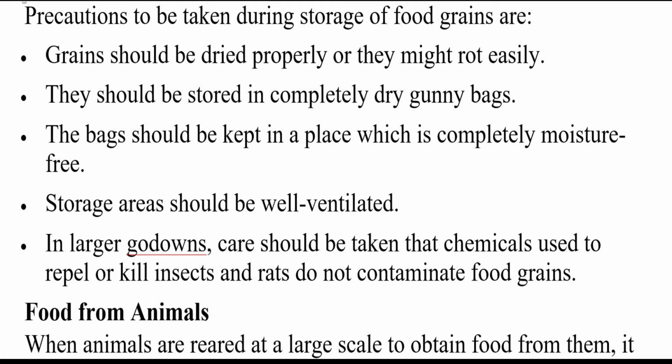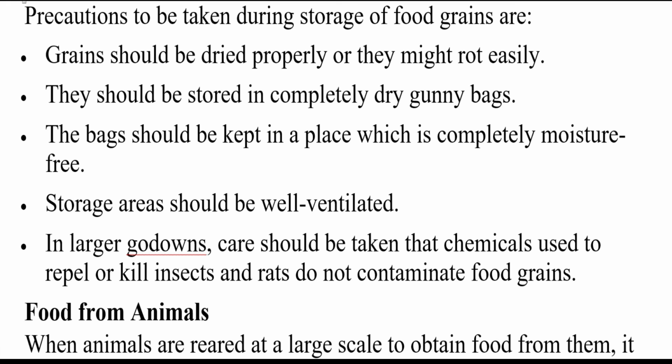The bags should be kept in a place which is completely moisture free. The storage area should be well ventilated. In larger godowns, care should be taken that the chemicals used to repel or kill insects and rats do not contaminate the food